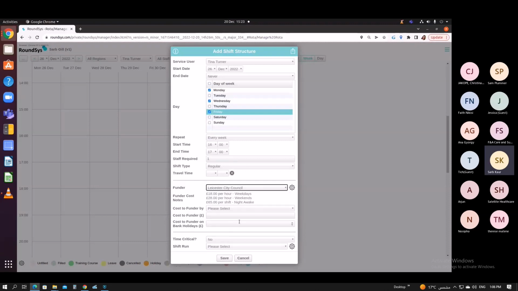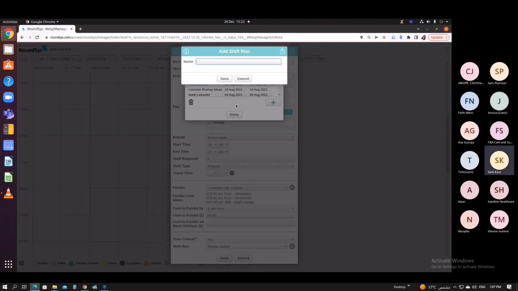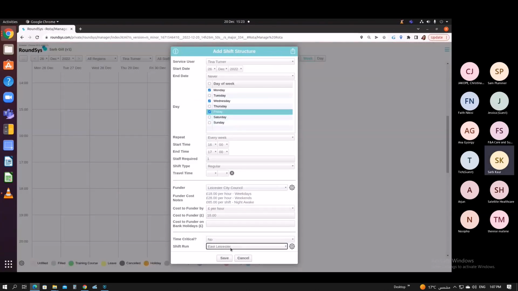So Tina is being funded by Leicester City Council. These are the rates that we're charging. And then the system will need to know, are you charging these rates per hour or per shift? Okay. And if you charge a separate rate for a bank holiday, you would populate that here. If you're using shift runs, this is where you would build your shift runs. So here is how you would add in your shift run names. And once you've built a list of the shift runs, you can simply assign the call to the shift run